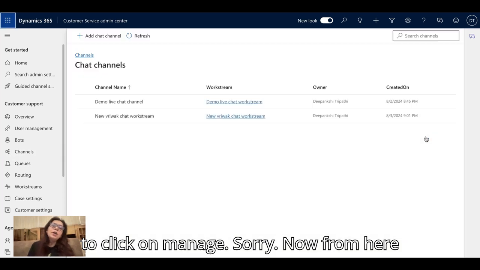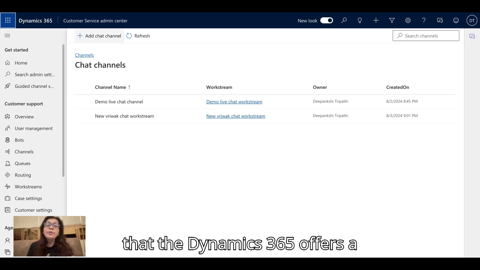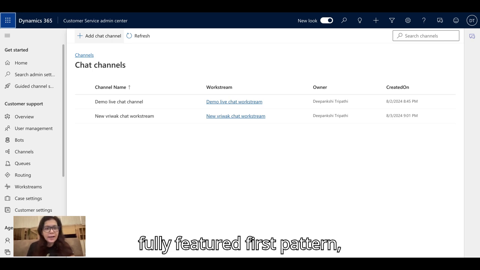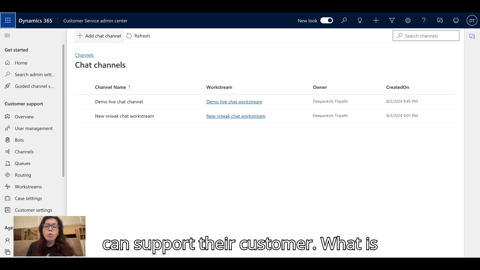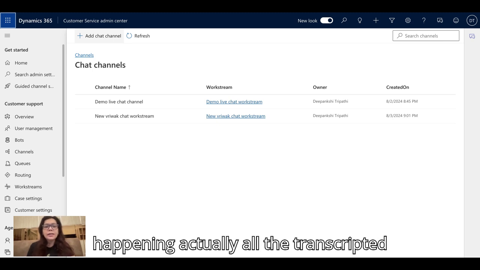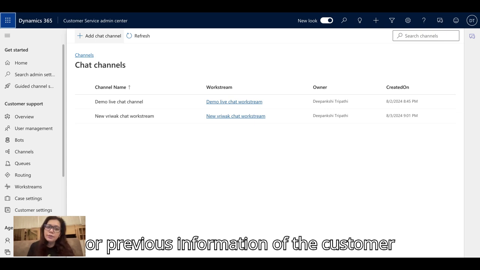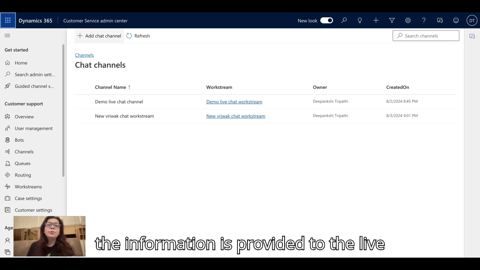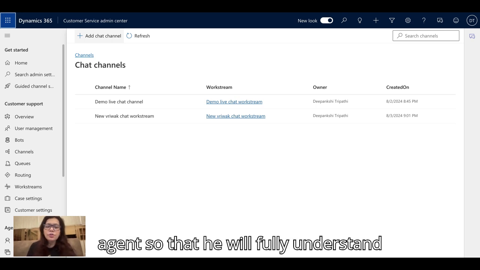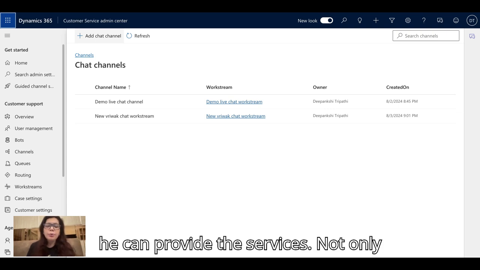Now from here we can add a chat channel, since we know that Dynamics 365 offers fully featured first party chat capabilities to the agent so that they can support their customer. What is happening actually is that all the transcript information from Copilot Studio, or previous information of the customer, or the previous survey, all the information is provided to the live agent so that he will fully understand the case and the customer, and accordingly he can provide the services.